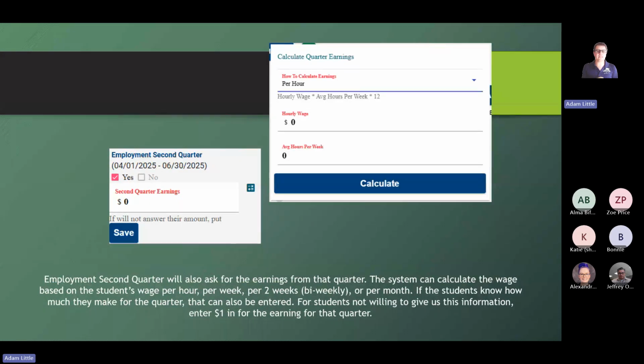The only one that is a little bit unique and different is our employment in second quarter. NRS requires us to collect wage earnings on our second quarter to see what they are within that first 6 months that they left us. And so when you click yes on the employment in second quarter, you are asked for second quarter earnings. There is a little calculator button that you can click, and then the pop-up on the left drops down. You can enter this per hour, per week, per every 2 weeks, or bi-weekly, or per month, and then the